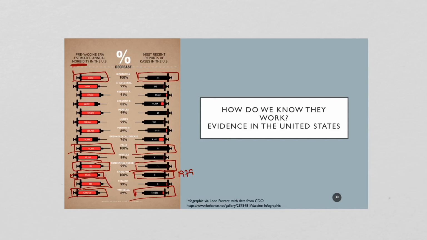Tetanus, 580 cases. Lockjaw, people paralyzed. Now 8, maybe, if we're quote unquote lucky. Pertussis, 200,000 cases a year of children coughing so hard that they would break their ribs or they would suffocate. Now about 20,000. Still some work to do there, guys. Measles, 500,000 a year. Now 61. That's climbing.